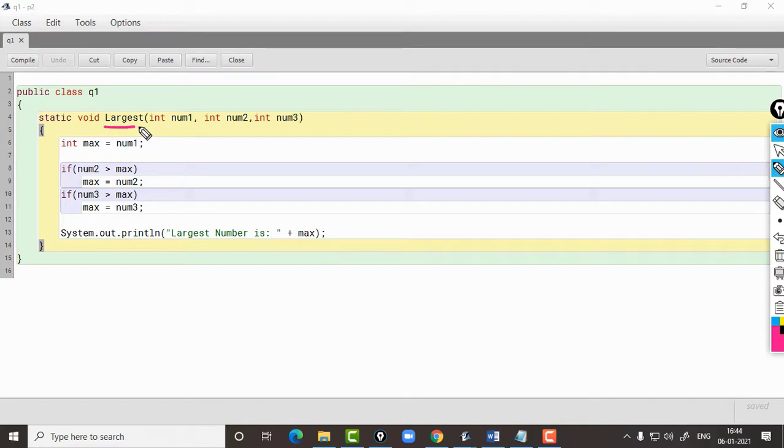I have declared a function largest which takes 3 integer numbers as parameters, num1, num2 and num3. First I have assumed a maximum value.